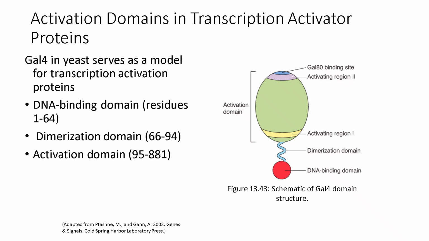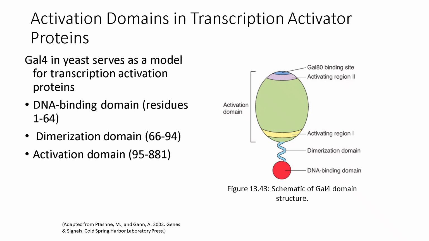In yeast, Gal4 is a model transcription activator with three key domains: a DNA binding domain spanning residues 1 to 64, a dimerization domain from residues 66 to 94, and a large activation domain from residues 95 to 881. This modular structure allows Gal4 to bind upstream activating sequences (UAS) and recruit transcription machinery only when appropriate, demonstrating the